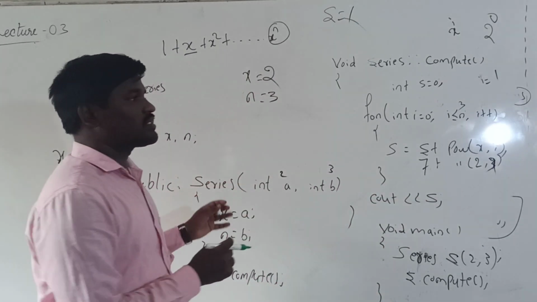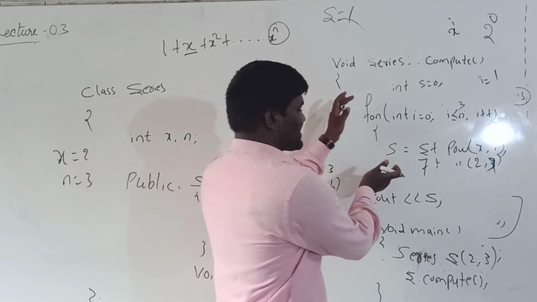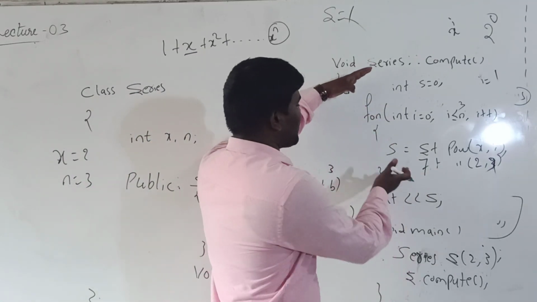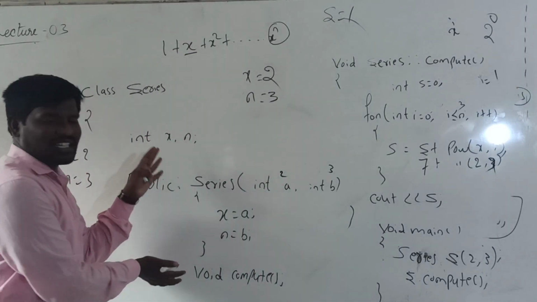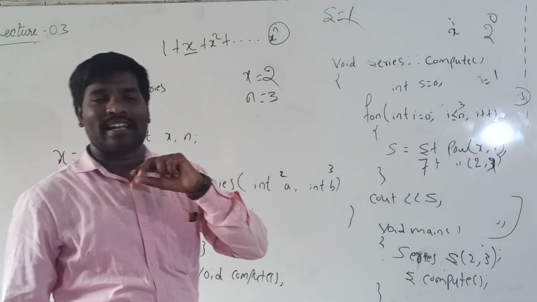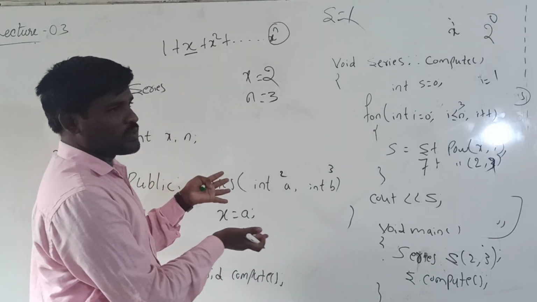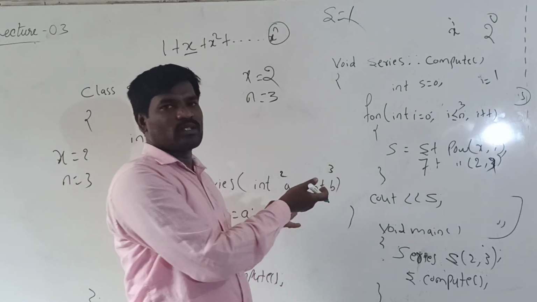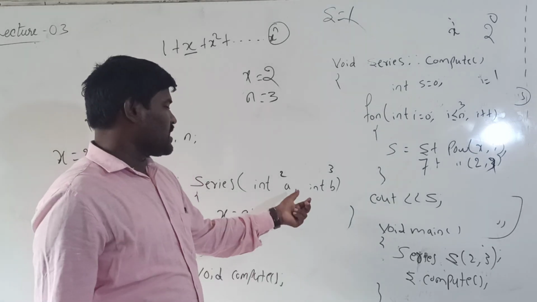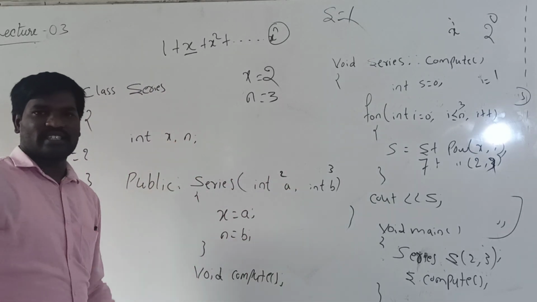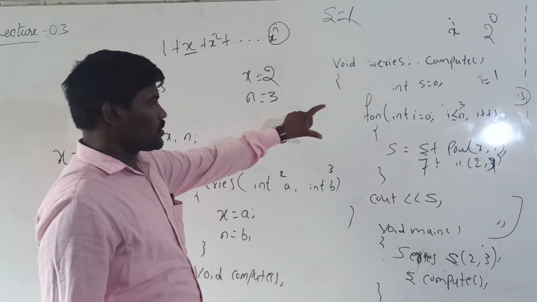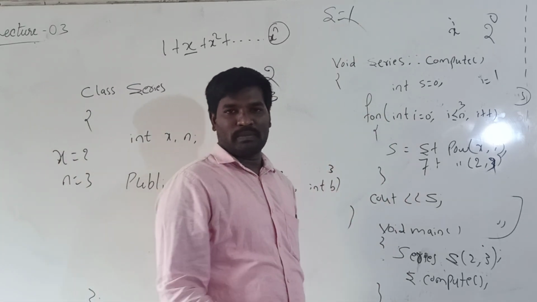Okay, so this is the method of tracing the program. So this part is very very important. This is only assigning. If you want to consider any parameterized constructor, this part is same. Here the number of inputs is 2, that's why I declare 2 variables, a and b, and finally a and b are assigned to x and n. Here we have to use the for loop for continuation purpose.